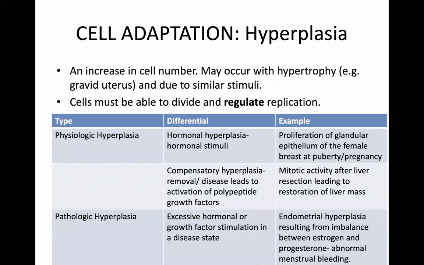Hyperplasia is also an important response of connective tissue cells in wound healing, in which you have the proliferating fibroblasts and blood vessels. They aid in the repair of injury. In that process, growth factors are produced by the white blood cells, the leukocytes, that are responding to the injury, and by cells in the extracellular matrix. That stimulation by the growth factor